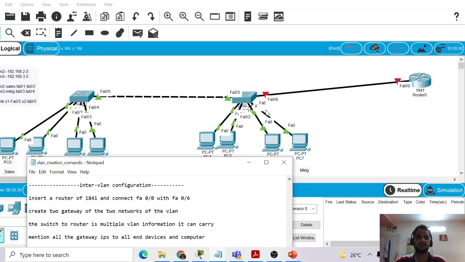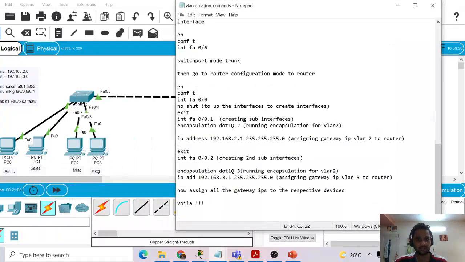The reason is that a trunk is a way in which we will be able to make two VLANs interact, the same way we did it here. The two PDU frames will be able to interact with the help of the trunk only. So data of both the PCs from sales and marketing will flow through the trunk only. That's the reason I need a trunk. If we make it non-trunk, then the VLAN data will not flow inside it, because the switches will not understand it. So now let's go to the